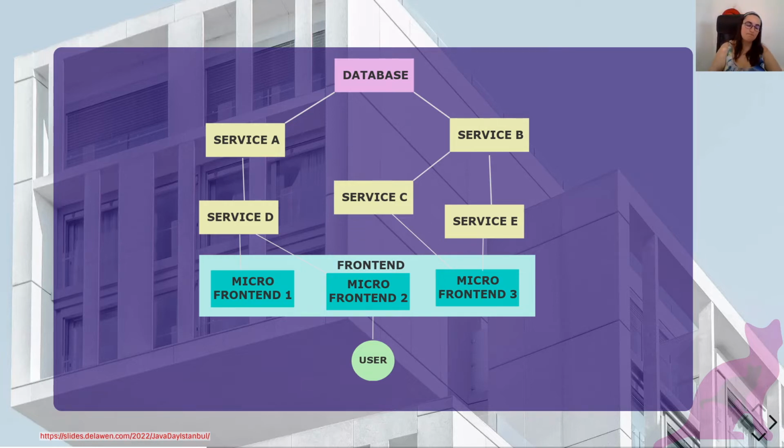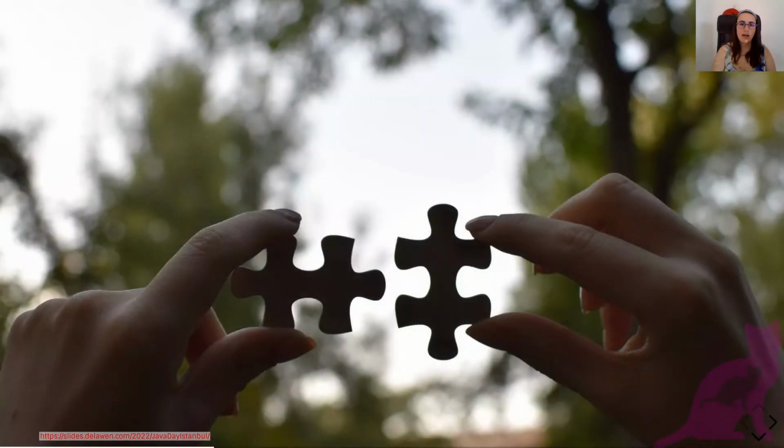Well, usually you use what we call middleware, and this is what I'm going to talk to you about in the following session. How can we compose these services? Well, it's like a puzzle, and it's not as easy as in this photo where all the pieces fit together,